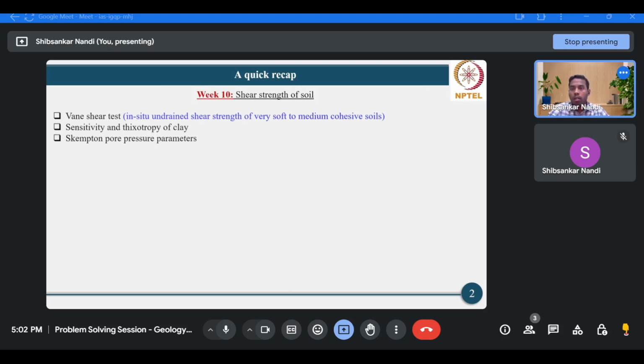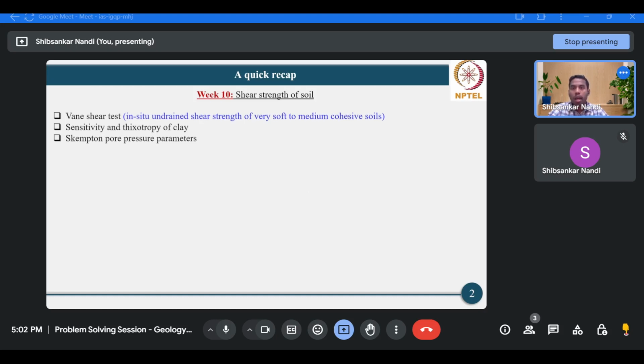Next, we learned the sensitivity and thixotropy of clay, and finally we ended up with the Skempton pore pressure parameter. Based on these topics, we'll be solving a few numerical problems in this